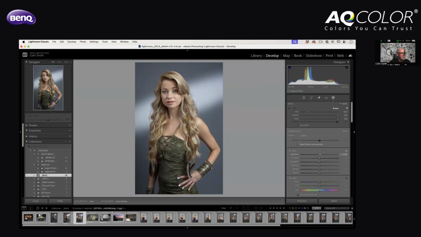And you'll notice as I do that, it affects our model, the whole model, right? But watch this. As soon as I touch this, boom, now only the intersected area, look at this, is going to be adjusted. So this makes it really easy to add some light or some rim light